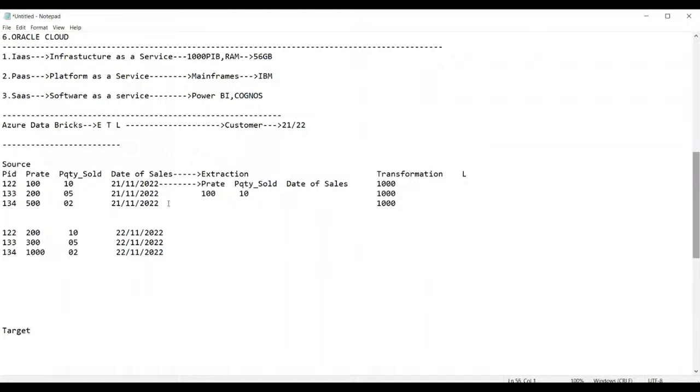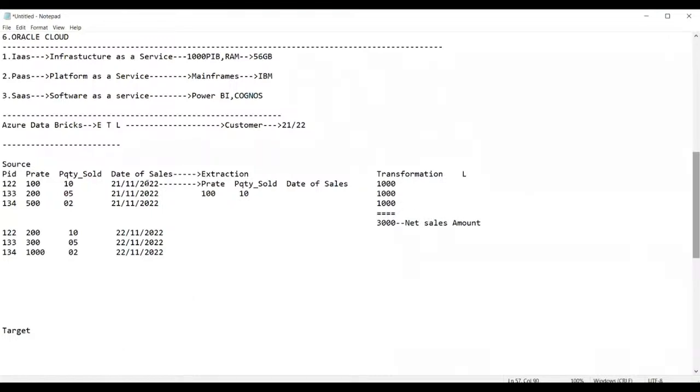The sum of these three is 3000. So 3000 is the net sales amount. Am I right, everyone? This you are doing under the process of transformation.